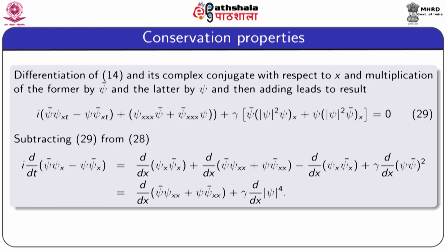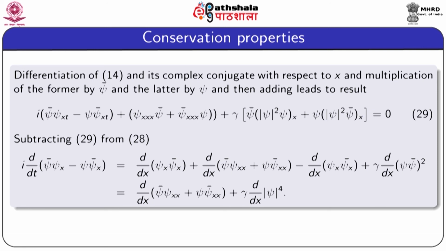Then we multiply the former equation by psi bar and the equation for complex conjugate by psi, and then we add these two equations, and this leads to the equation which is written in 29. Now, subtracting 29 from 28,